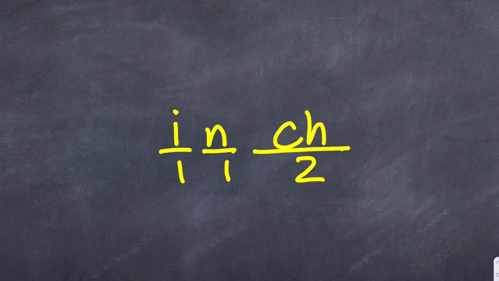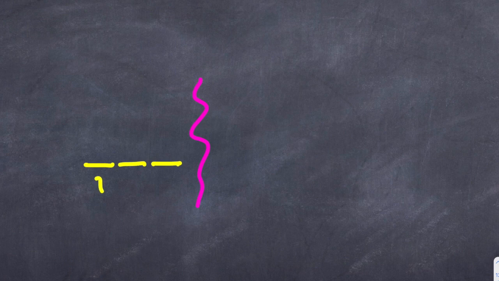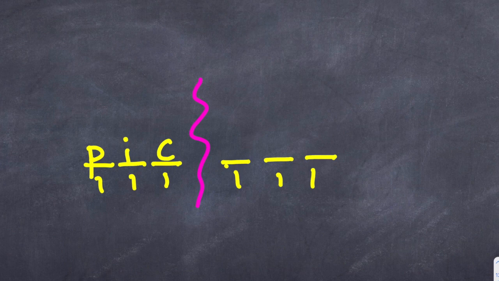Okay, next one. This is a multisyllabic word. So we're going to separate the two syllables in this word with this pink line right there. And the first sound is going to be pick. P, I, k. 1, 1, 1. And then nick. N, I, k. 1, 1, 1 again. So pick, nick. Let's spell it. P, I, k, N, I, k. Picnic. Next,